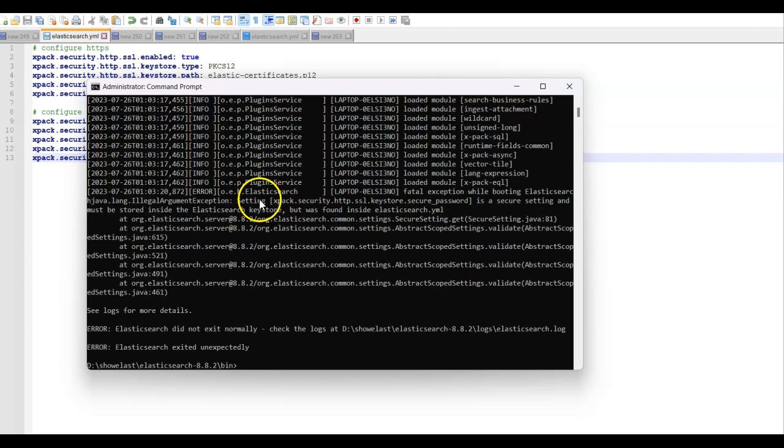When we try starting it, we get an exception that the property ssl.keystore.secure_password is a secure setting and it should be inside the Elasticsearch keystore. So we'll next be storing this inside the Elasticsearch keystore and removing it from the elasticsearch.yml file.